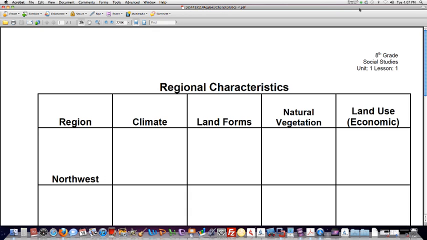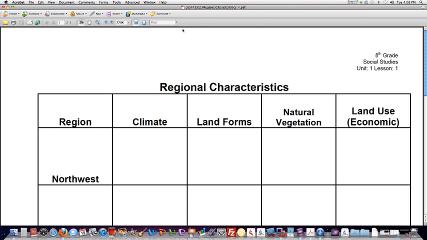Okay, this is a video to show how to use Adobe Acrobat Pro to take a regular PDF like what is on your screen and change it into an editable form for students or adults, teachers, parents, whatever. As you can see, we have an 8th grade social studies, basically a table that in the past students would just have a printed copy in front of them and they would have to write in it, but